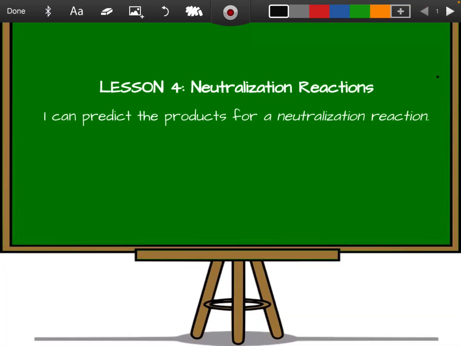The notes for Unit 8, Lesson 4 will cover neutralization reactions. In this lesson, you'll be able to predict the products for a neutralization reaction. This is kind of going back to what we did, I think, second trimester, so it will be a little bit of a review, but you will need your yellow periodic table packet because